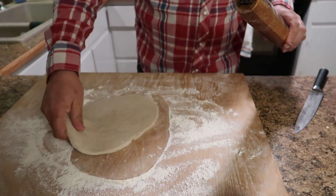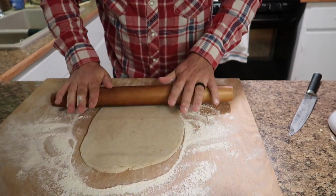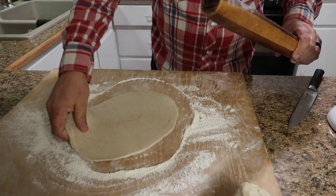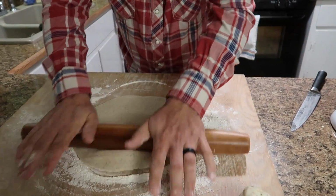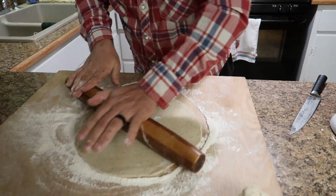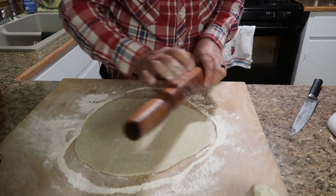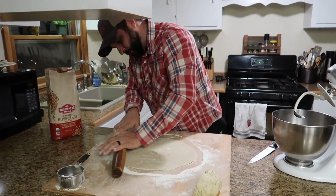Now the more that you've kneaded the bread, either by hand or in the mixer, the easier it will be to roll out. If you haven't kneaded it enough, then it's going to have a lot more elasticity to it and you're going to have to do a lot more rolling. But basically we're just going to try to roll this into a nice thin circle,